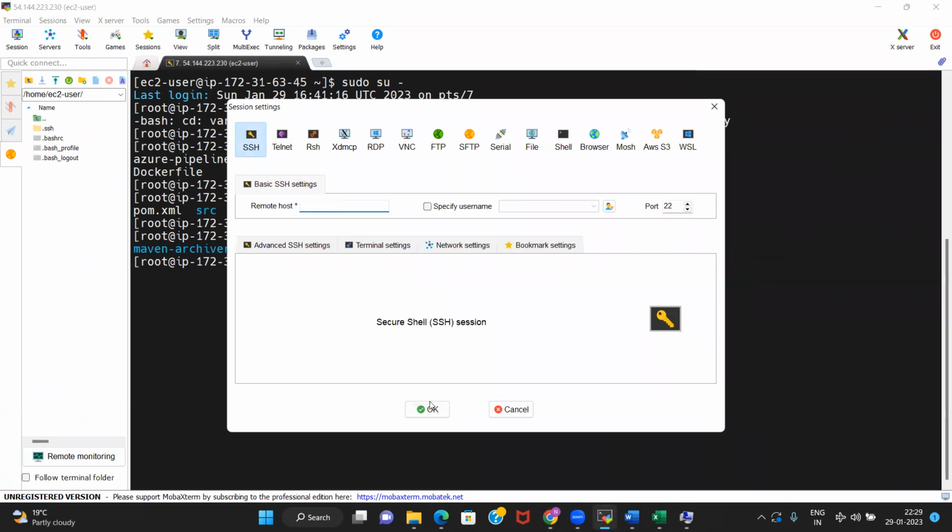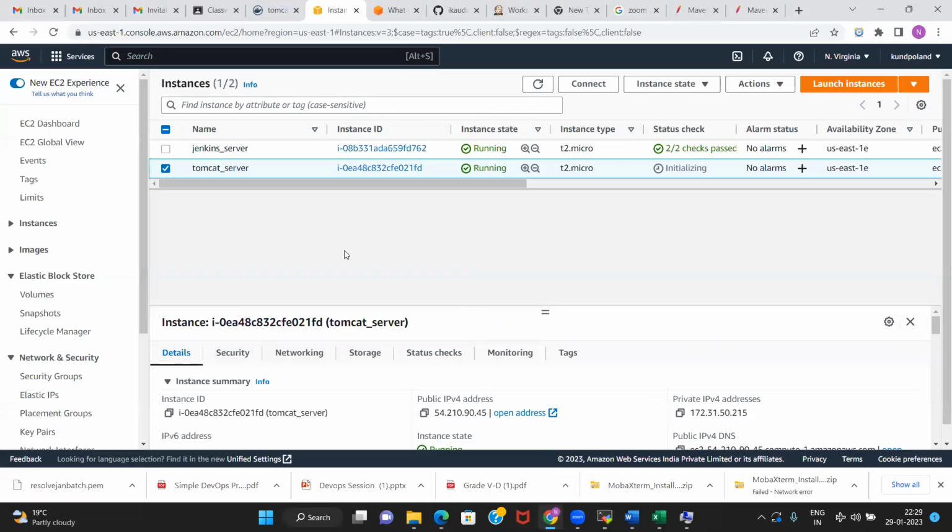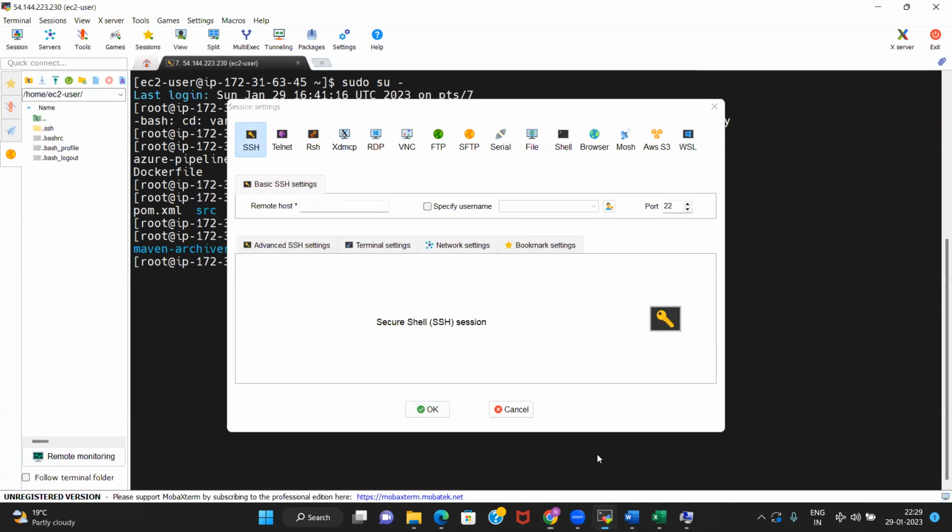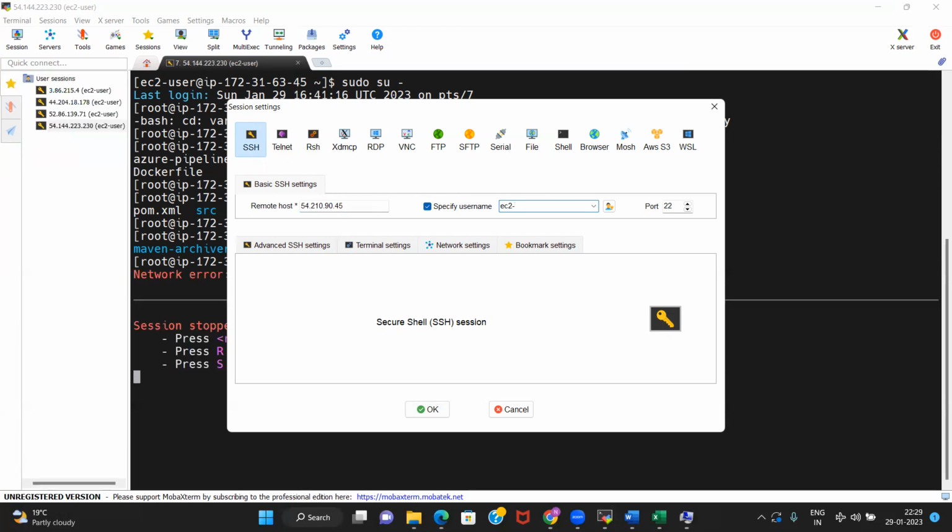Let us launch another server. This one. Public IP address, and here, put this public IP address. Username, same ec2-user.